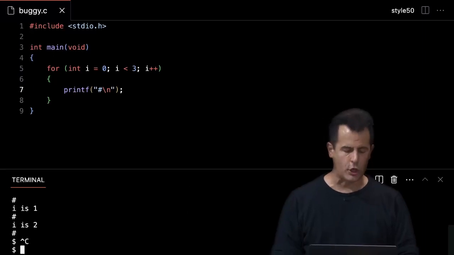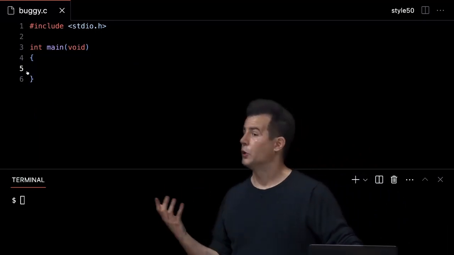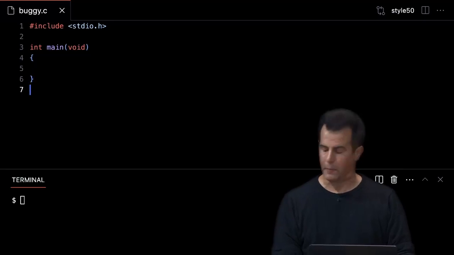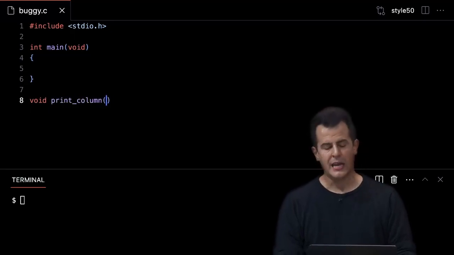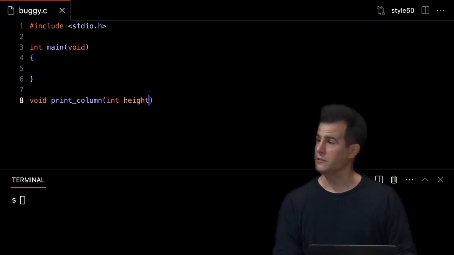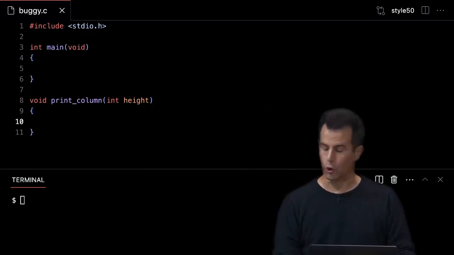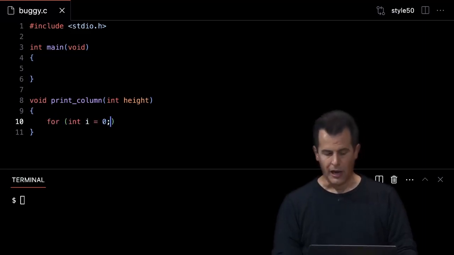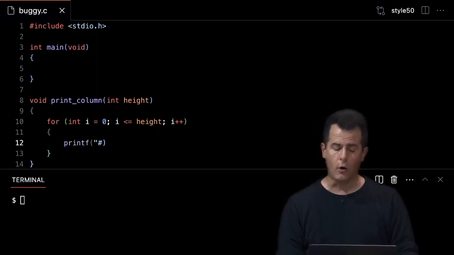I'm going to go back into VS Code here, and I'm going to write a different program that actually has a helper function, so to speak, a second function whose purpose in life is maybe just to print that column for me. So I'm going to say this, void print_column, though I could call it anything I want. And this function is going to take an argument, or a parameter called height, which will tell it how many bricks to print, how many vertical bricks. I'm going to do the same kind of logic for int i equals 0. i is less than, I'm going to make the same mistake again, less than or equal to height, i plus plus.